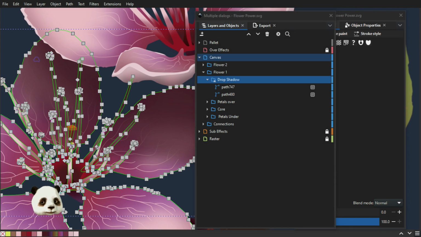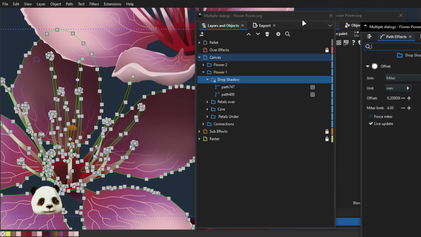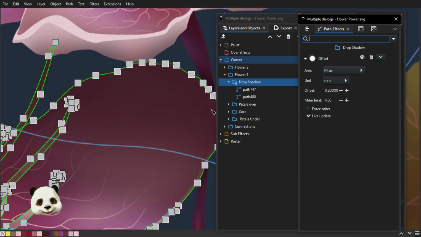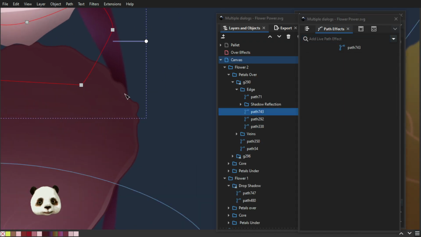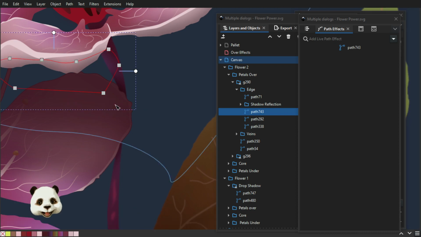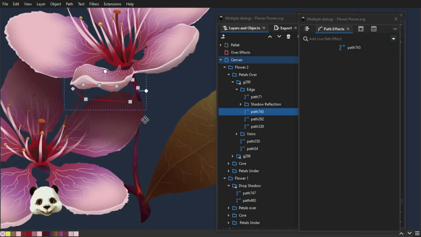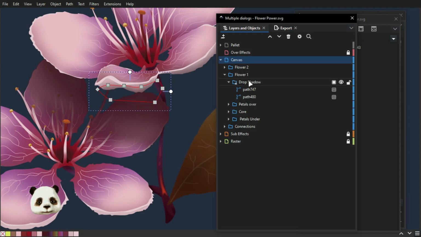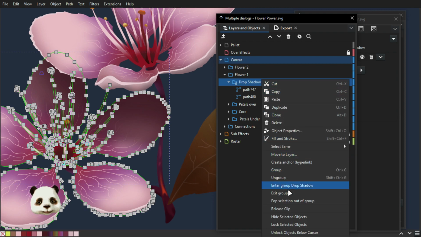let me see where it is. First of all, I had to expand this with an offset because I had a little bit of an issue here with a white seam. Since this is a mask, this is a clipping mask, it had to kind of align with everything behind it. So the shadow was leaving this white seam because it wasn't covering it, so I have expanded it. All good and well. Now, if we are going to release this clip,